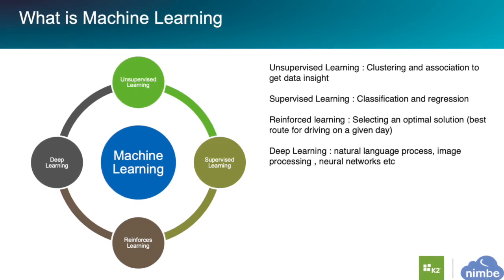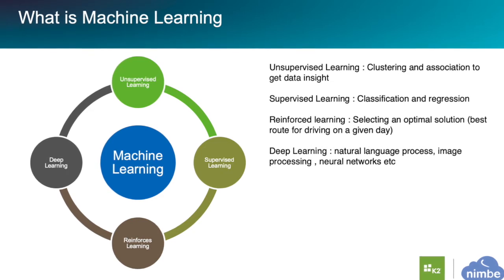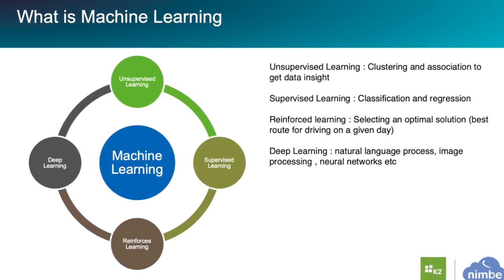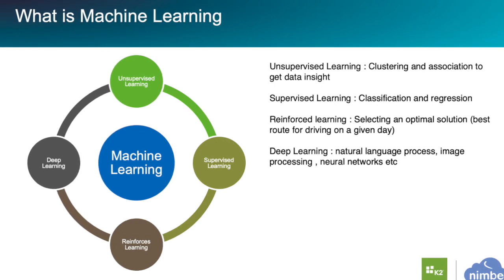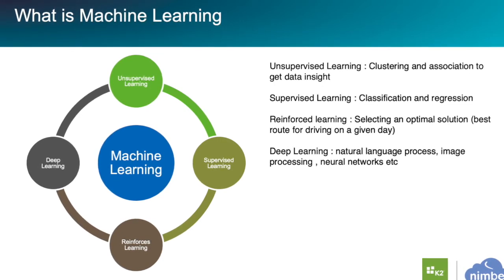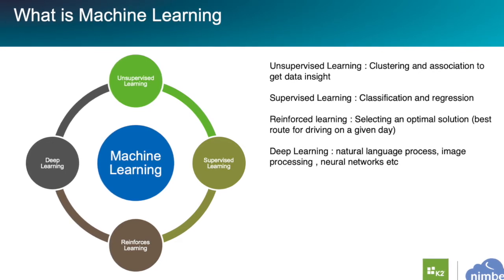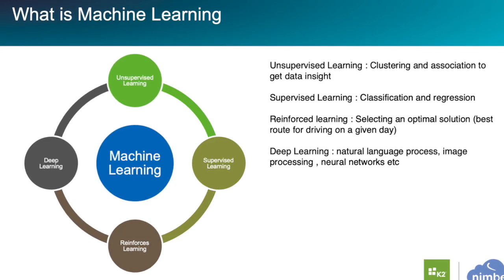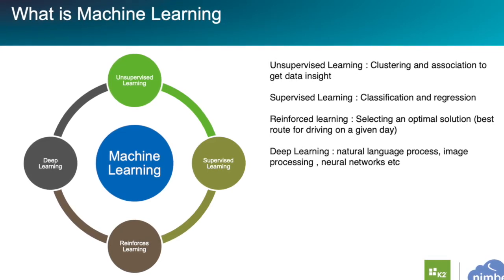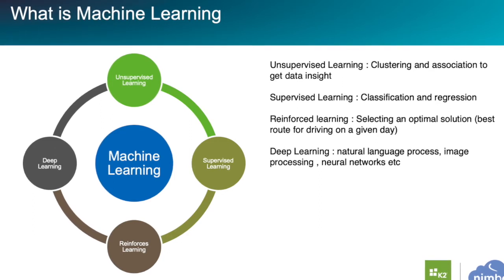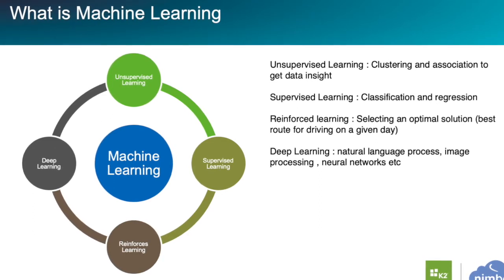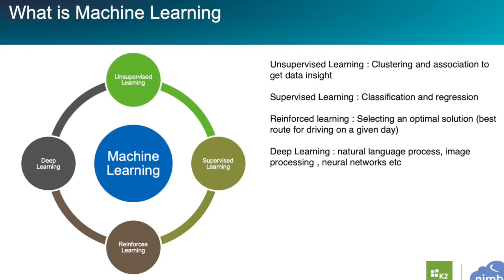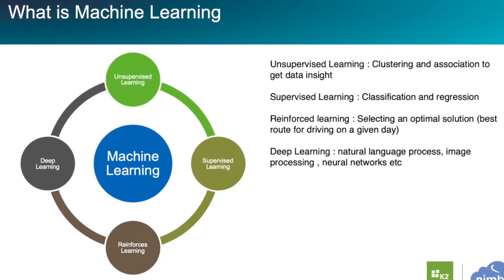The second one is supervised learning. Supervised learning is mainly about classification and regression. Here you want to be able to predict a given category or classification based on historical data. You have to train the machines on that historical data, and using the algorithms you choose, they learn it and will be able to predict any future incoming data based on that historical fact. And then reinforced learning is again similar,